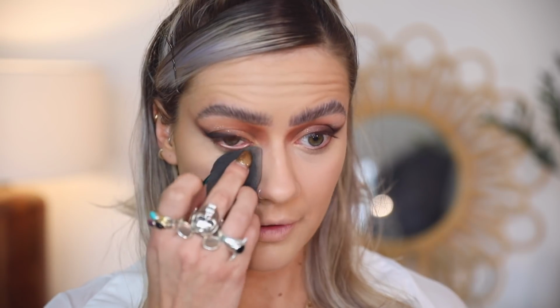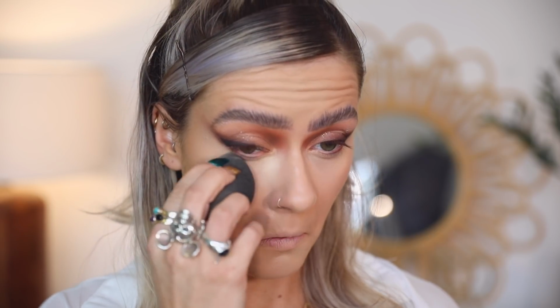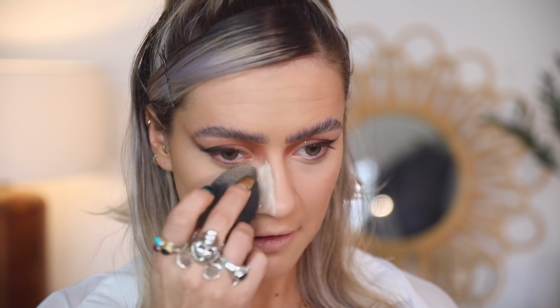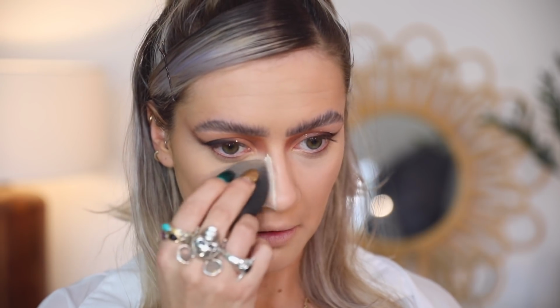So I'm going to set under my eye. Just a little bit to set just this very triangle because I haven't finished using cream products yet. And I'm also going to set the side of my nose. I kind of bake just this area of my face. I find it just very flattering. It helps me with my nose contour and yeah, just